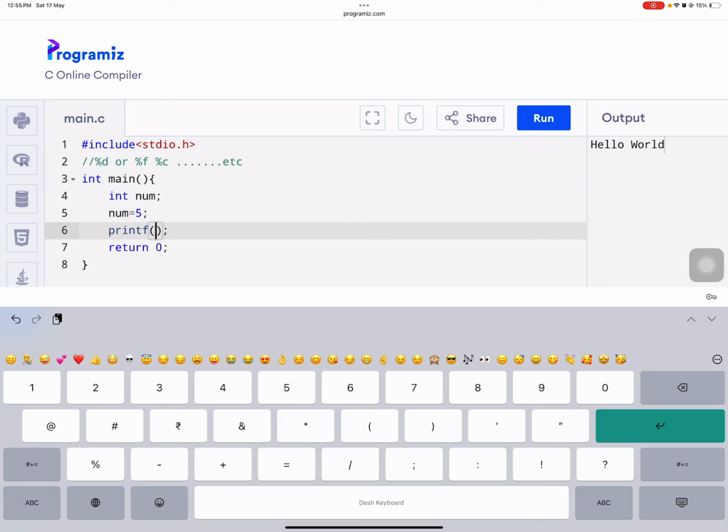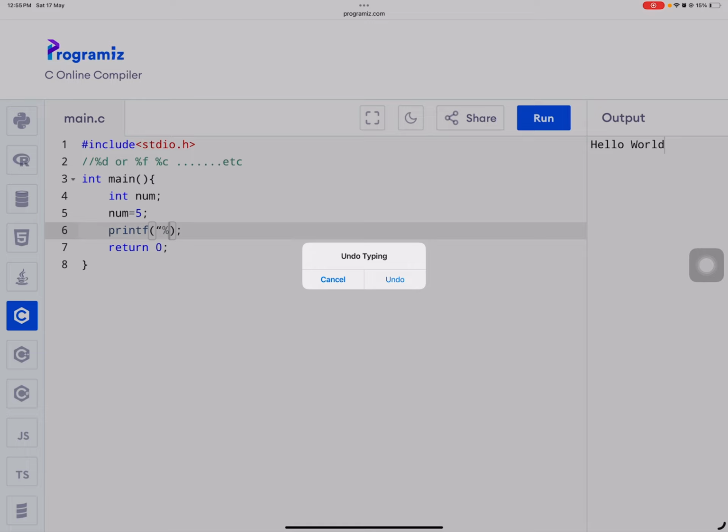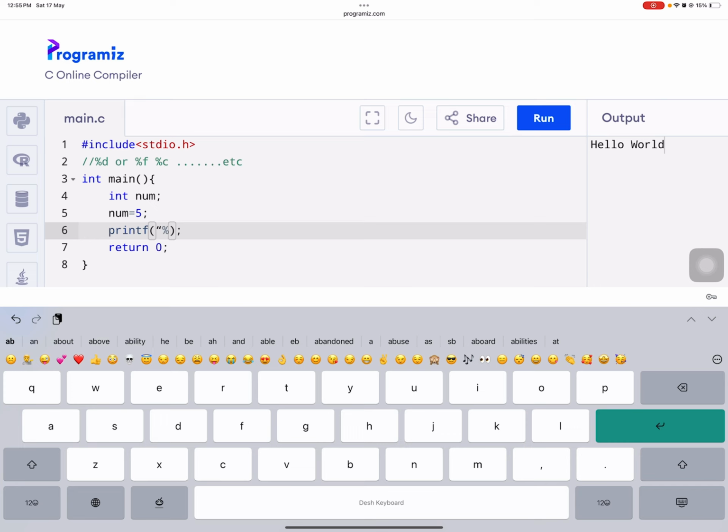Now you should write %d. This should also be in, what do we call this, double quotes. This %d, this format specifier, should also be under the double quotes. Then you put a comma, and then the variable num, and if you print the num, you will be